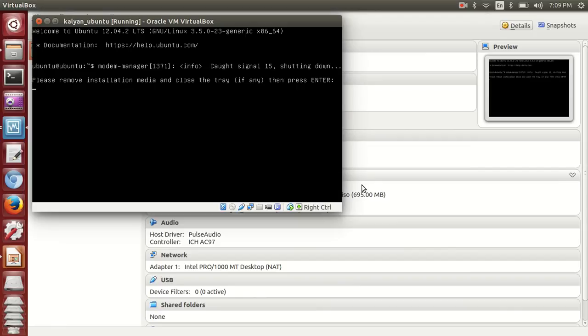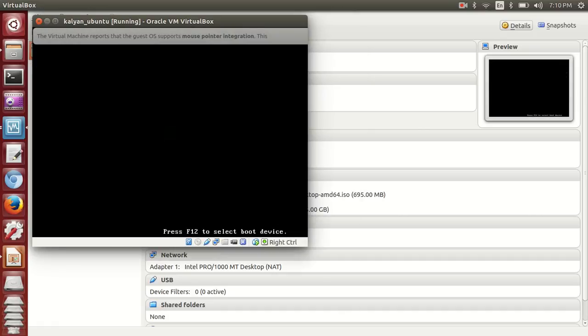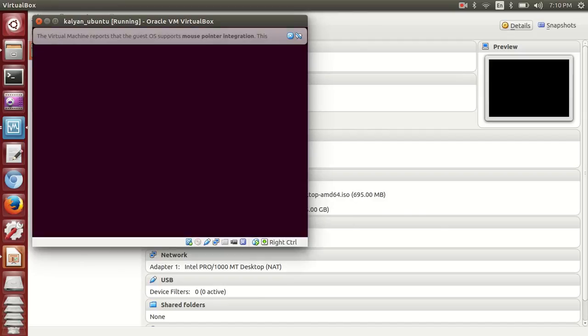So now your Ubuntu is restarting. And if you're using an ISO or maybe a CD drive, it will always give you a prompt to please press enter. Once you press enter, it will continue to the next step.